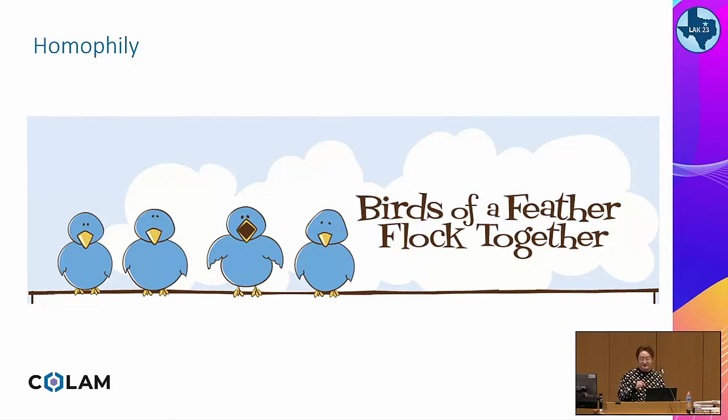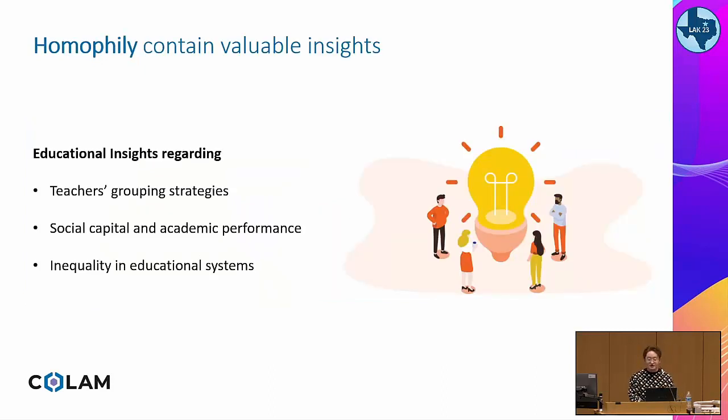However, within this large community, we can also observe homophilic interactions between researchers in collaborative learning and self-regulated learning. These different types of homophilic interaction can contain meaningful educational insights regarding whether students are adhering to teachers' grouping strategies, understanding the relationship between students' social capital and their academic performance, and identifying potential inequality that might exist in our